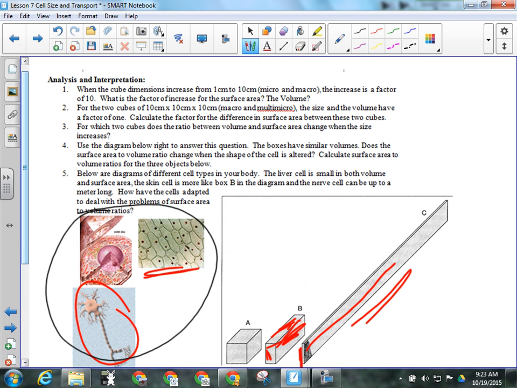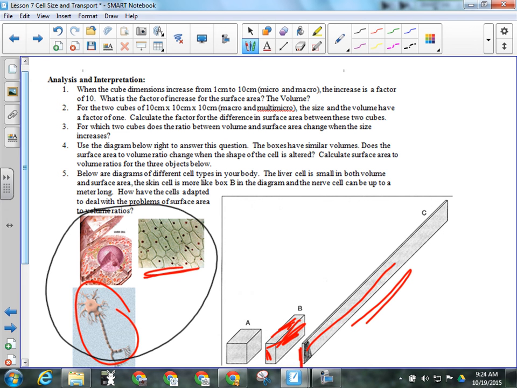You have a liver cell, which is basically a sphere. It's almost perfectly round. You've got skin cells here, which are more like this. They've got one side that's noticeably flatter than the others. And then you've got the nerve cell here, and the nerve cell is quite a bit more like this. In fact, there are nerve cells that run from the base of your brain to the small of your back. One cell. You actually have cells in your body that can be up to a meter long, but they're